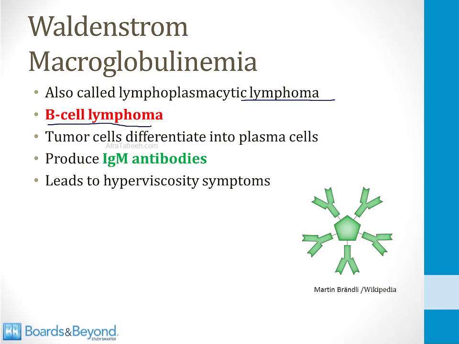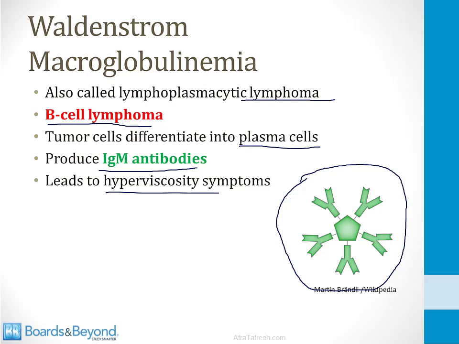However, in this form of lymphoma, the tumor cells differentiate into plasma cells and begin producing IgM antibodies. And a key feature of this disorder to be aware of, especially for step 1, is the fact that IgM antibodies in excess produce hyperviscosity symptoms. That's because IgM is a very large molecule. It's a pentamer made up of immunoglobulin monomers, and when it's present in the blood in excess, it makes the blood very thick and viscous, and that leads to characteristic symptoms called hyperviscosity symptoms, which we'll talk about in a